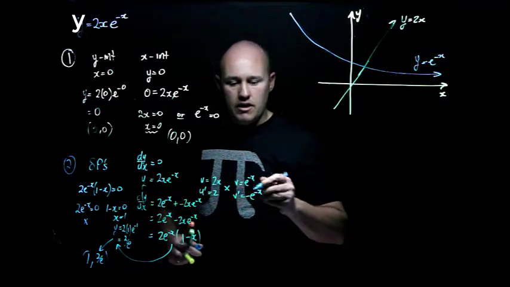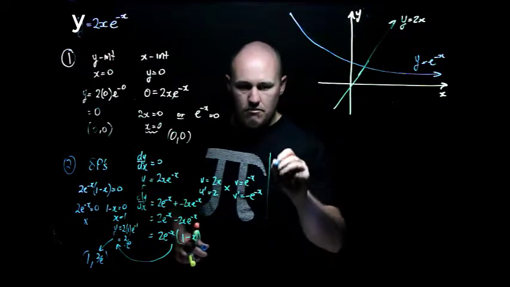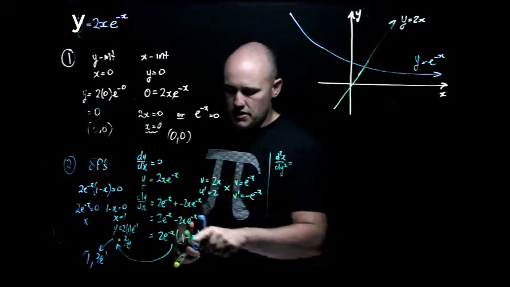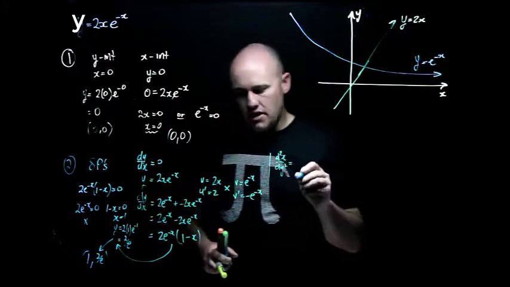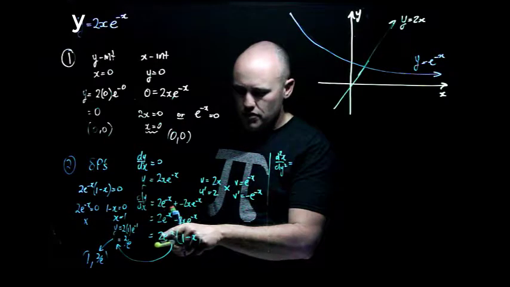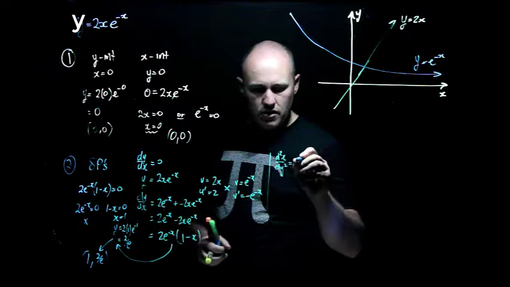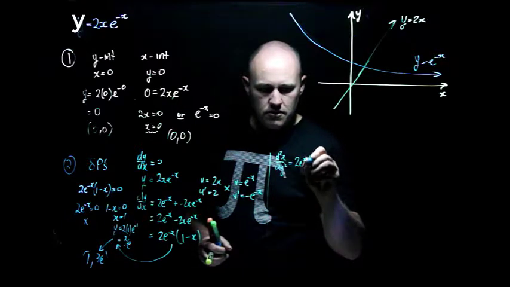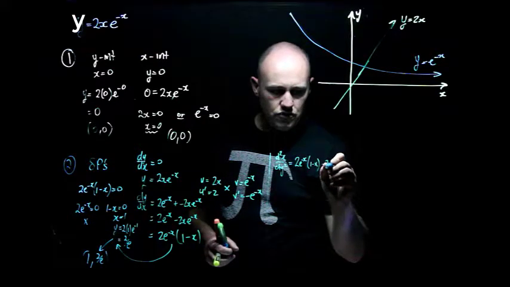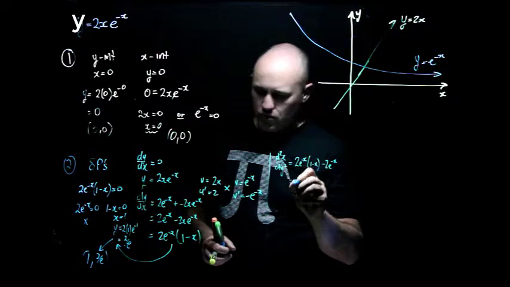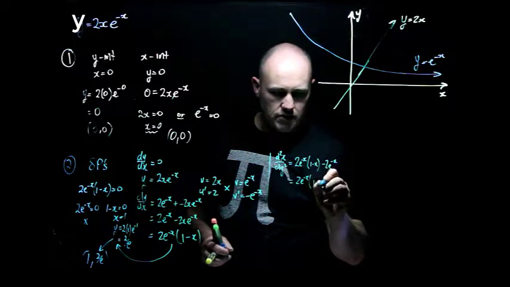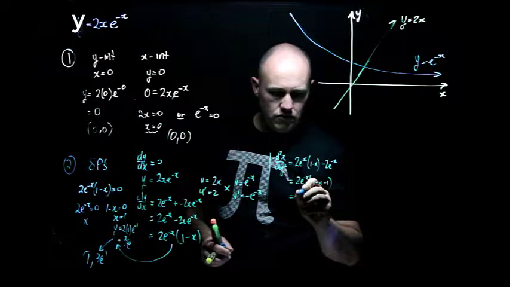I'll stick with blue, but my d squared y/dx squared, in this case, so that thing differentiated again, turns out that it's, and you can do this yourself if you want to, but when I do u dash is just 2e to the negative x times that, I get 2e to the negative x times 1 minus x, and then v dash is just negative 1, so I get minus 2e to the negative x, and of course when I simplify that I get 2e to the negative x times 1 minus x minus 1,